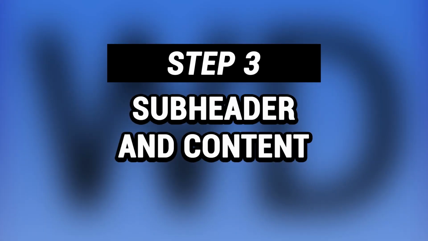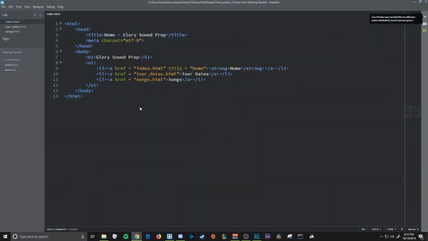Next up, we're going to add content to this page before moving on to any of our other pages. In the third and final part of this video, we are going to be adding more content to our page besides our main header and our navigation. So below the closing unordered list tag, add a subheader. I'm going to do H3 just because I think H2 is still too close to the big header. And I'm going to do about the album, since my homepage is going to have a main description